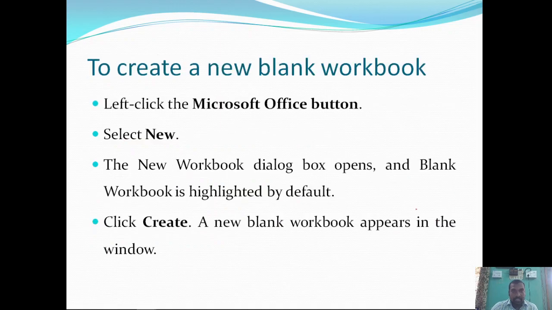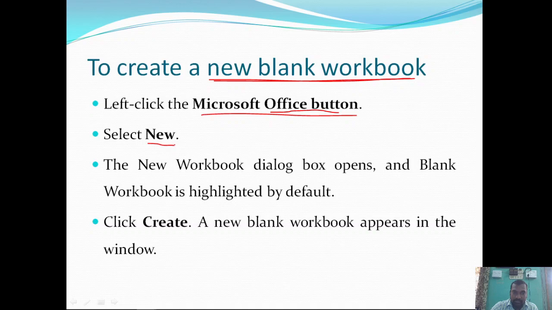Okay, so to create a new blank workbook, we need to follow a procedure. One of the ways: left click the Microsoft Office button. I already told you about the Office button in yesterday's session, right? After left clicking the Office button, choose the New command.